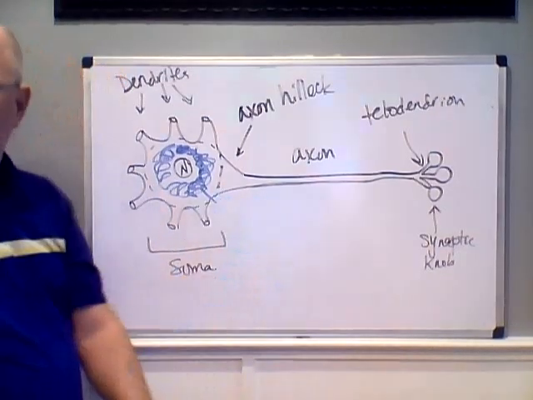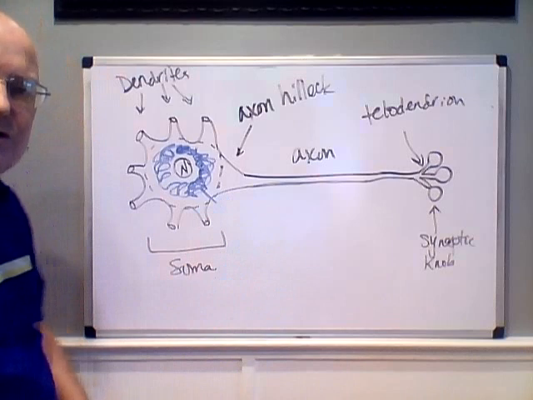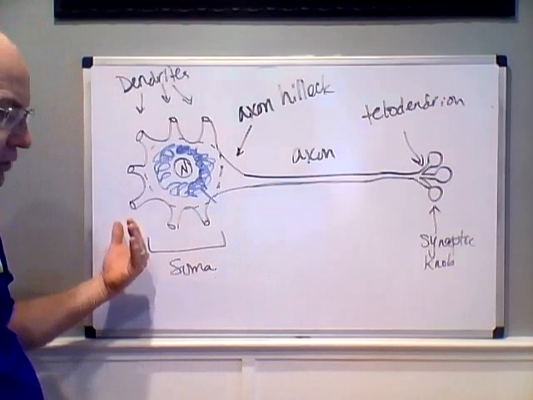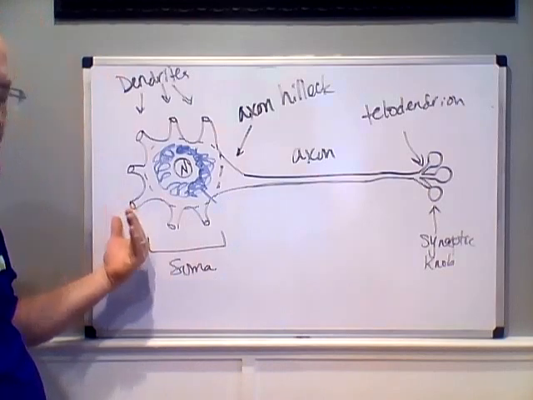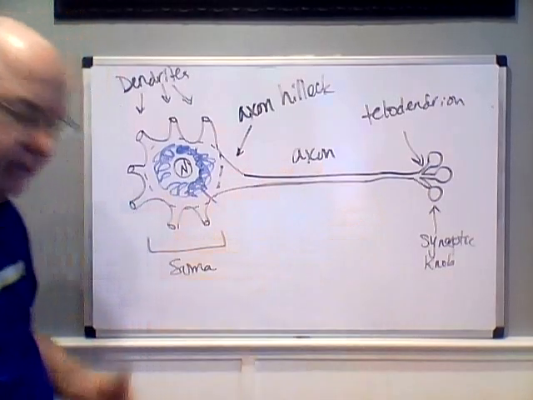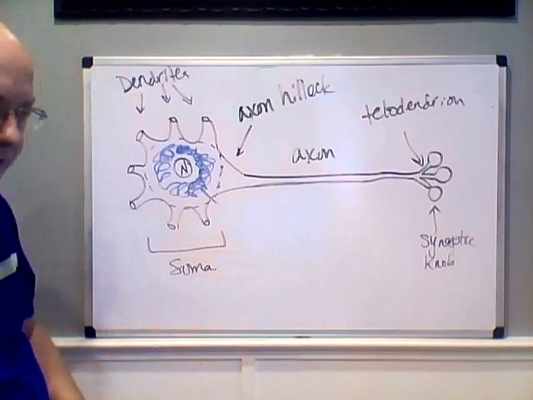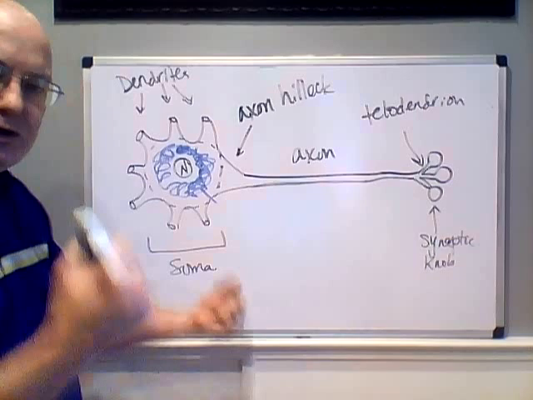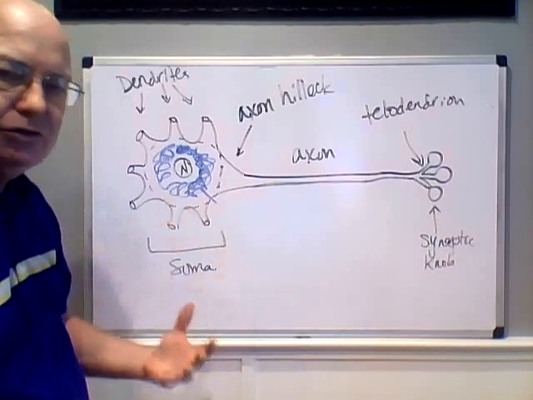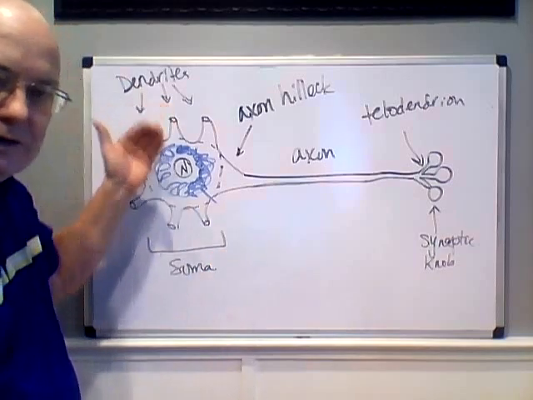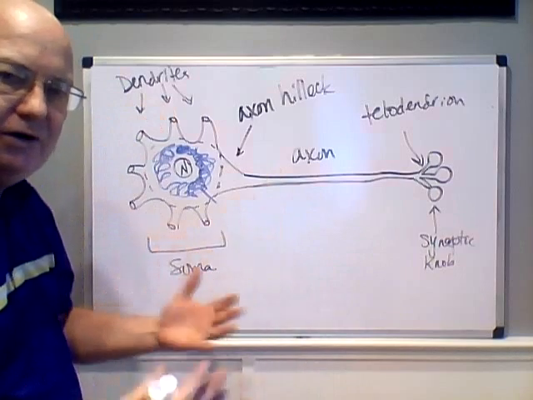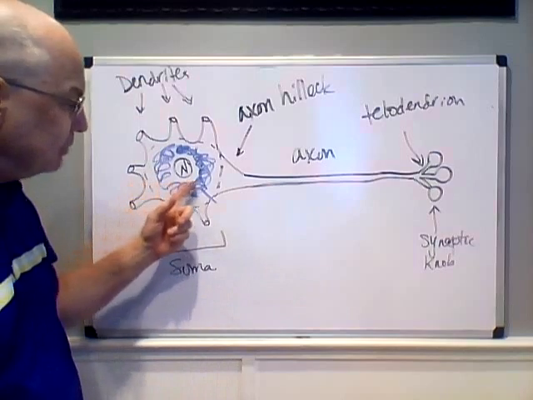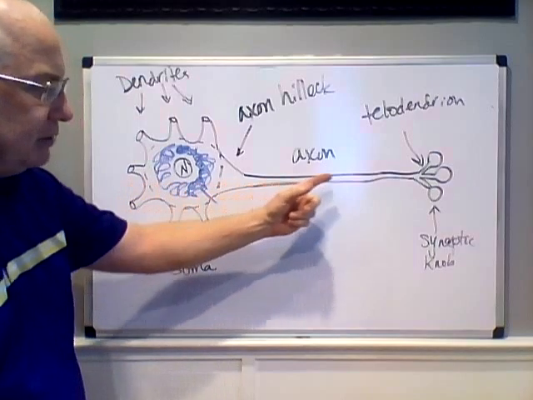Now, the reason this becomes important is that neurons function to carry information, to transport information from one area of our body to another in the form of an electrical impulse called an action potential. That's what neurons do. They are the wires to our body. The motors in our body are the muscles, but what tells the muscles to work is our brain sending signals to the muscles so that they fire in an appropriate fashion. And so in order to do that, they're going to carry an action potential, an electrical voltage, down their axon,